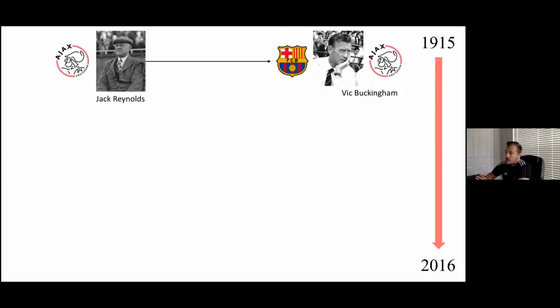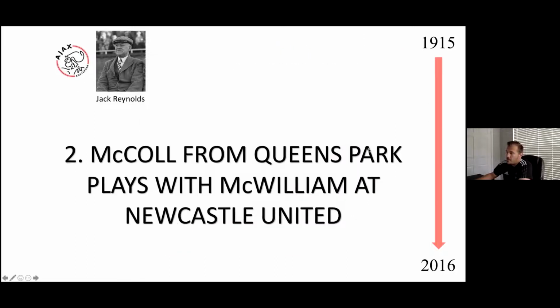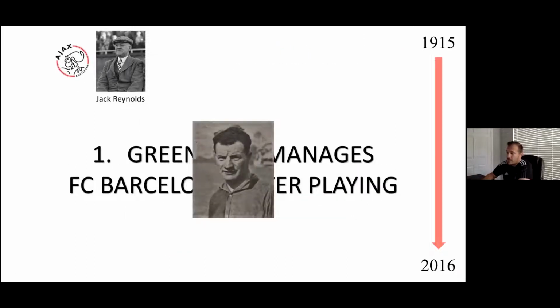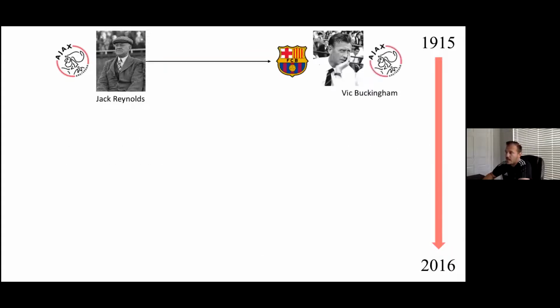He impresses Barcelona. Barcelona think, hey, this man quite literally plays very similar football to what we were in the beginning with this man, Greenwell. He brought that same sort of style of play. He played against us with his Ajax team. Even though they lost 4-3, Barcelona was really impressed. And they were saying, wow, you really remind us of our first coach. We kind of lost that style of play. We would love if you come and coach us. And that established the first connection between Ajax and Barcelona.